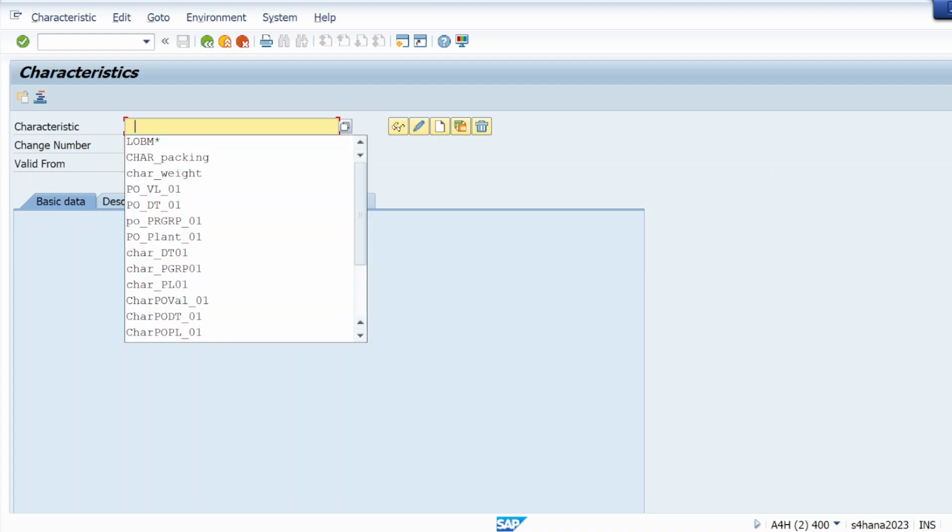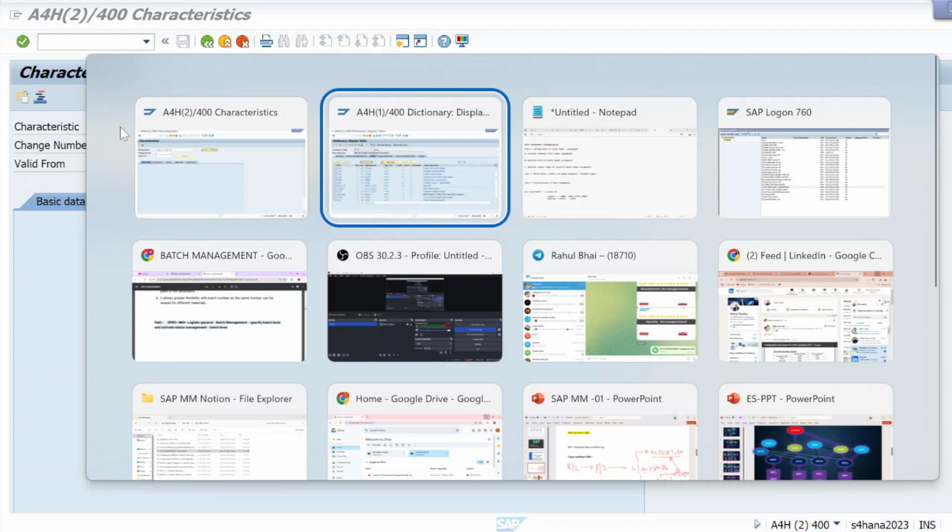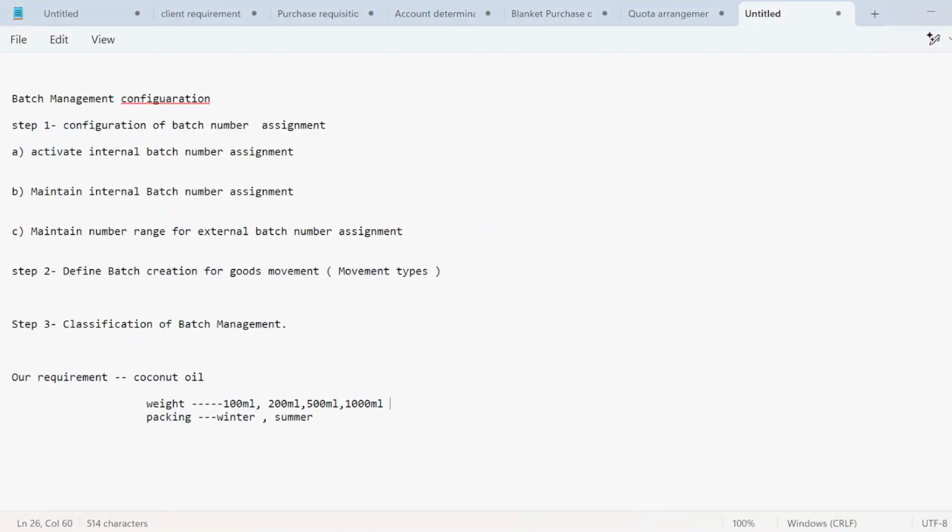So here I'm making a characteristic. Let's suppose for weight I'm making Char underscore weight 01.